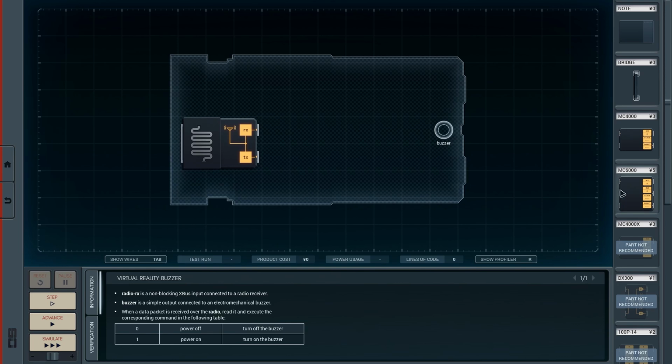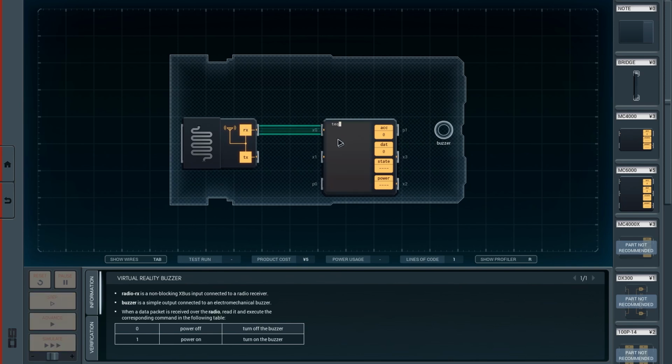So my first thought is use this big guy here, and we'll use the DAT register to keep track of when the buzzer is on and off, and the ACC to control the pulsing of the buzzer. So let's start with that in mind. Let's drag in RX here into X0. Let's test if X0 is equal to -999. If it's not, we know we need to toggle the buzzer. So in that case, if it's not -999, we will move